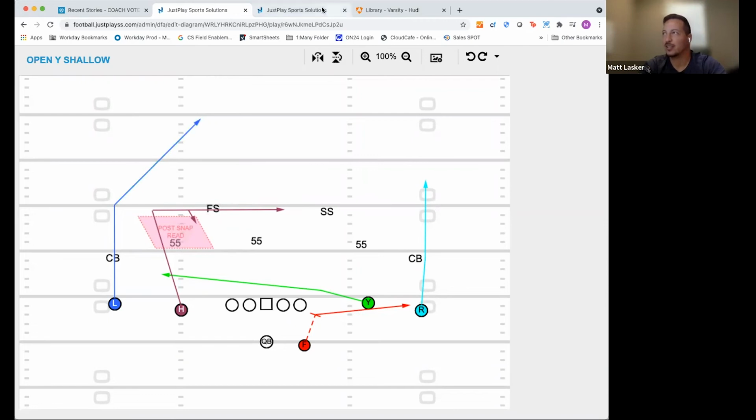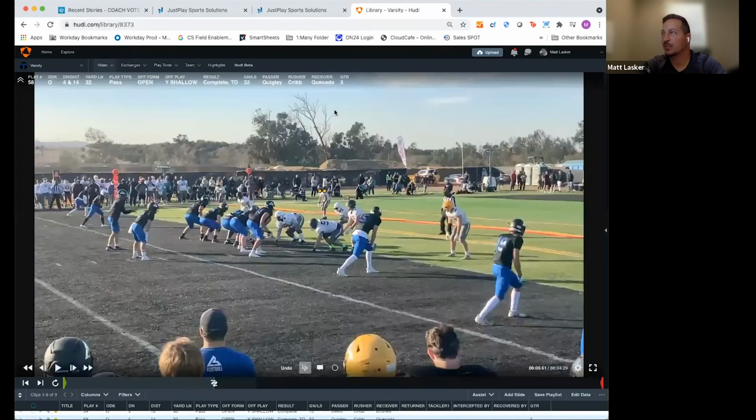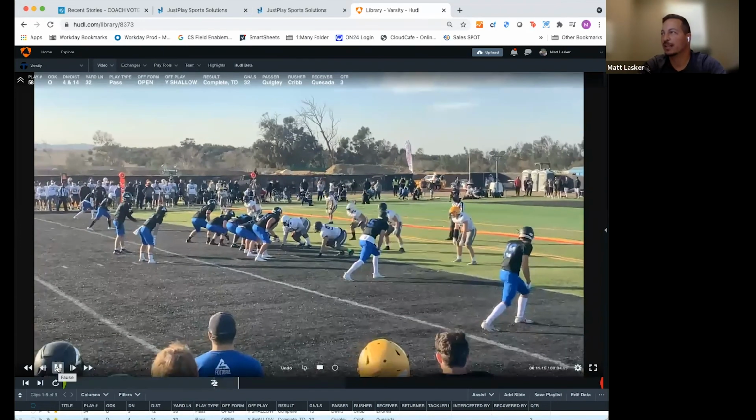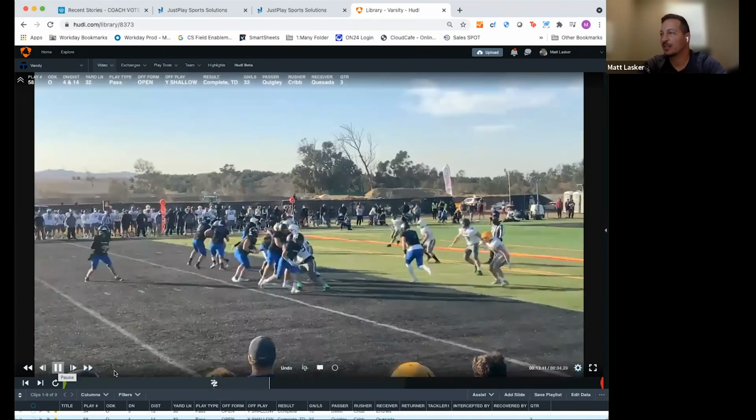And this is just it. So let's pick up this play. Here is the safety down. Here's the outside linebacker, and here's the corner. Okay, so watch this safety. We had kind of talked about this a little bit. The quarterback actually was the one that brought this up, that he wanted to attack this safety, but you can clearly see